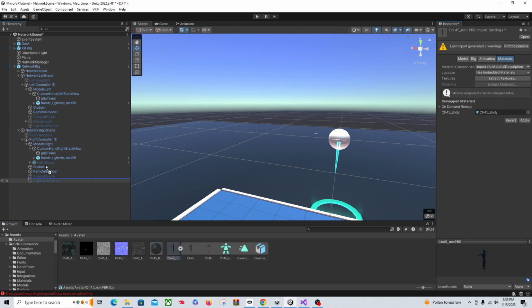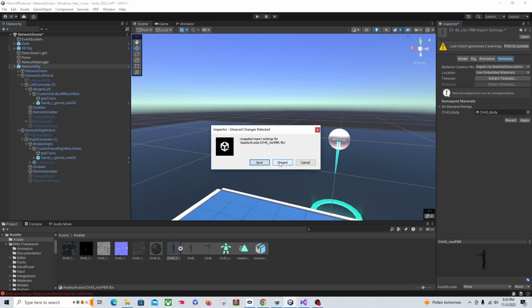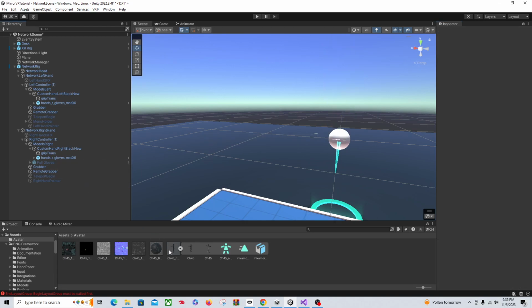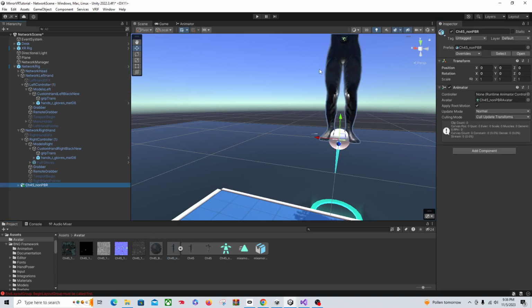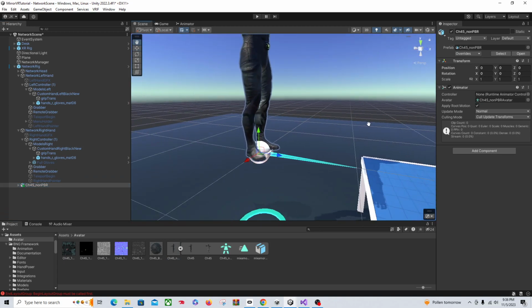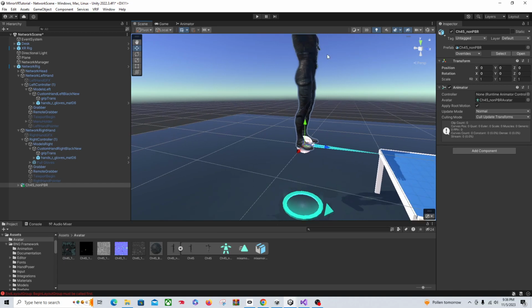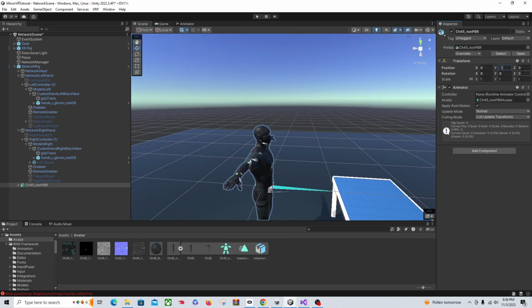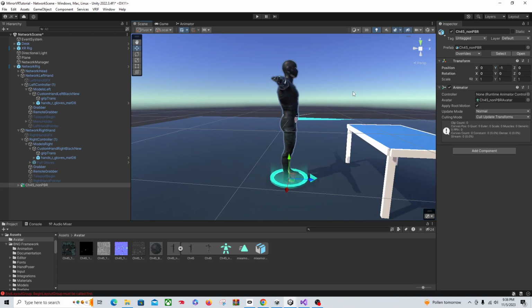Then let's just take him and we'll just make him a child of the rig. Oh, cancel this. Hit apply. Hit apply first, then bring him in and make him a child of the rig. He should already be at 0.00. You can see the center of our player is actually up here, and this guy's up here. If you just want it to look nice and neat, just do -1. You don't really need to do that, but